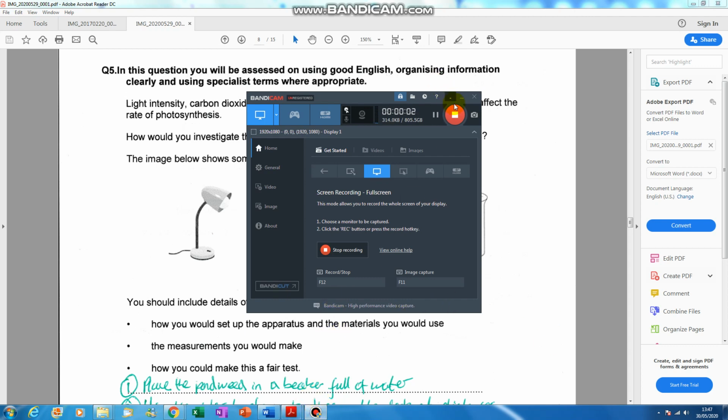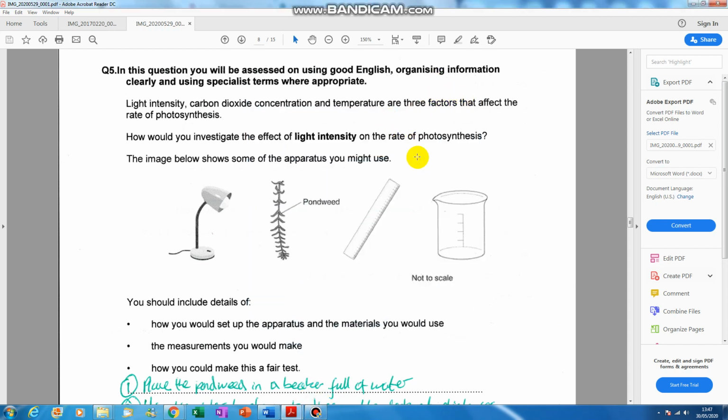Okay, so we're going to go over question 5, which is a longer written answer, so I might do this one in 2 parts. It is important in the written answers in the test now that you understand that it's not as strict as it used to be in terms of English. So it's important to communicate well, but if the examiner can get what you're saying,